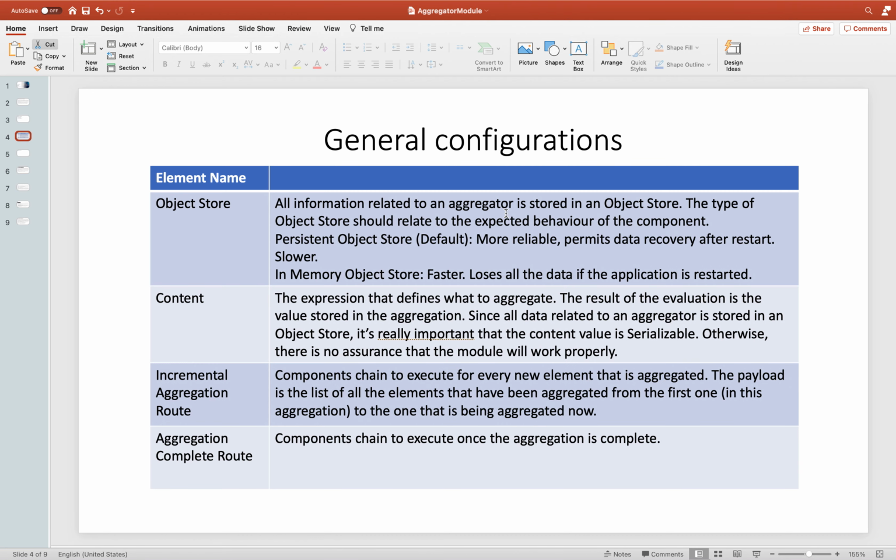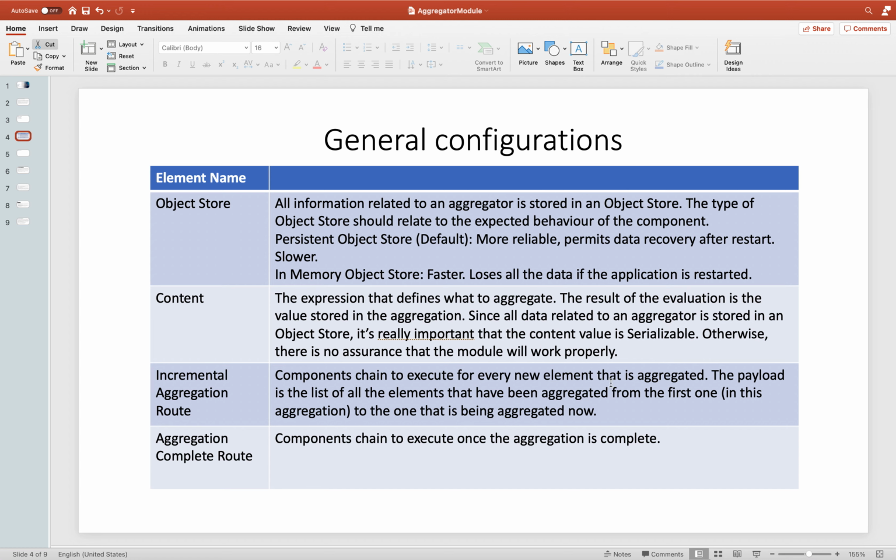So, general configuration: it will require an object store. It will require some content on which it will decide the aggregation, the incremental aggregate, and the final aggregate completion route. The incremental route is the component chain to execute for every new element that is aggregated.